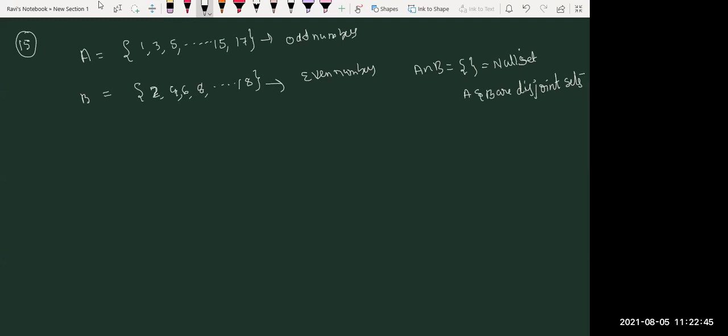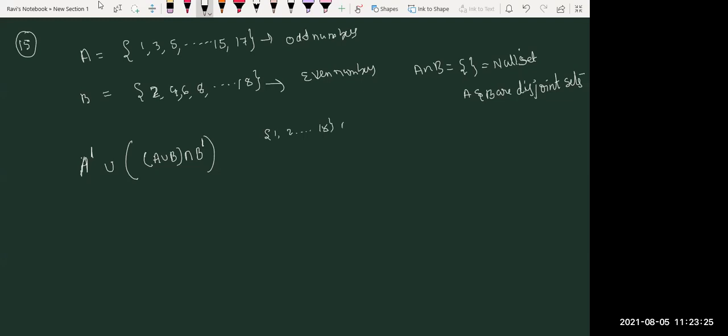Now, what is the question they are asking us to find here? Now we will see this. A complement union, yes, A union B, A union B intersection B complement, correct? See, look at a very simple thing here. A union B means all even numbers and odd numbers together. From where to where will we get A union B? 1 to 18.